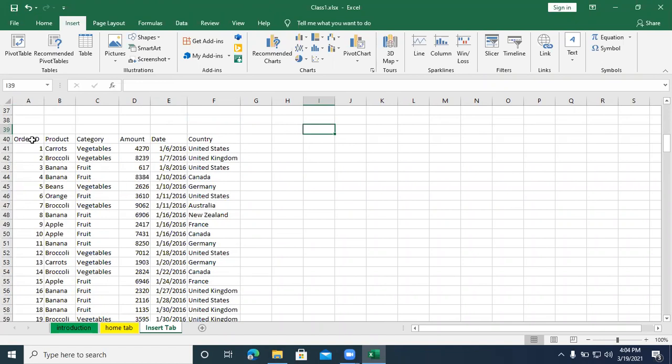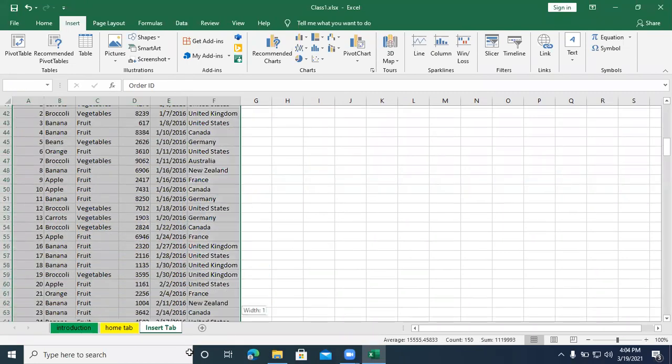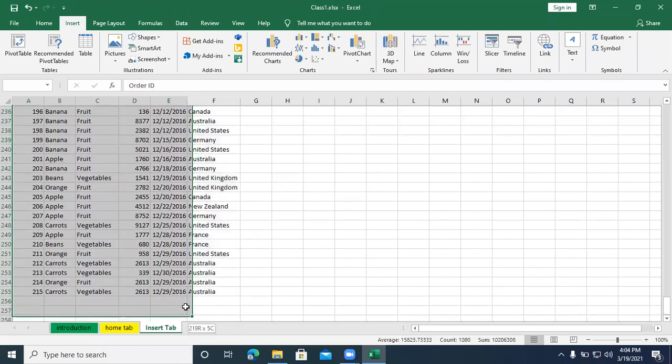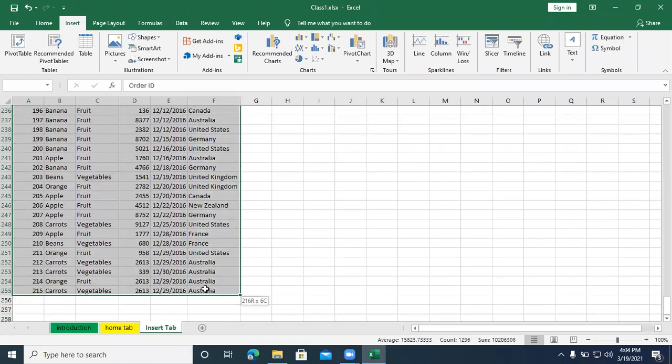So how do I convert it into a table? What is the shortcut key to create a table? Good. Control T is the shortcut key to create a table.